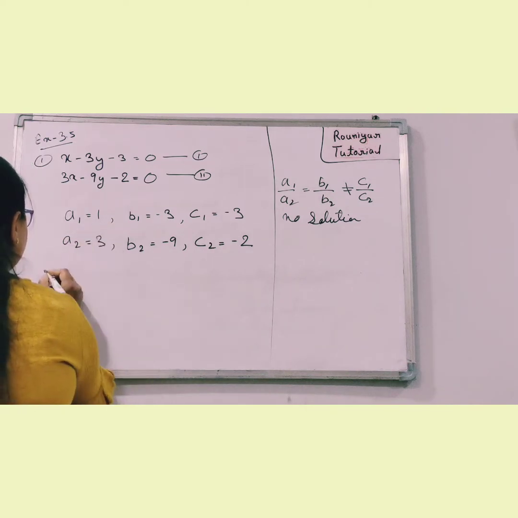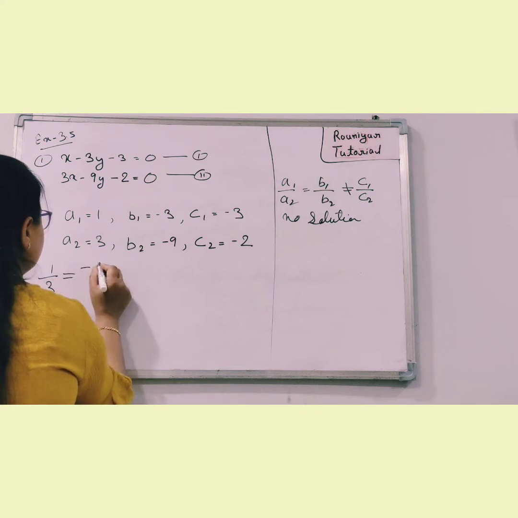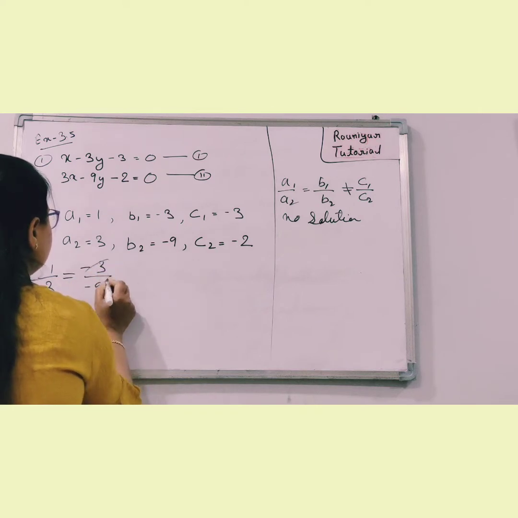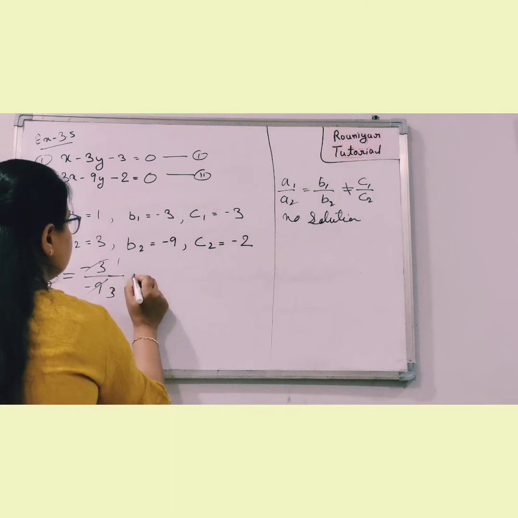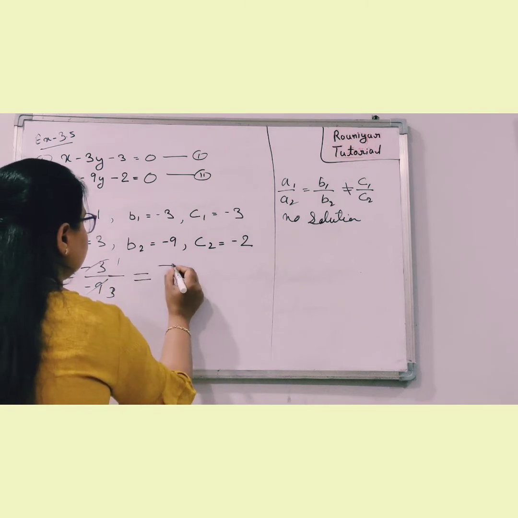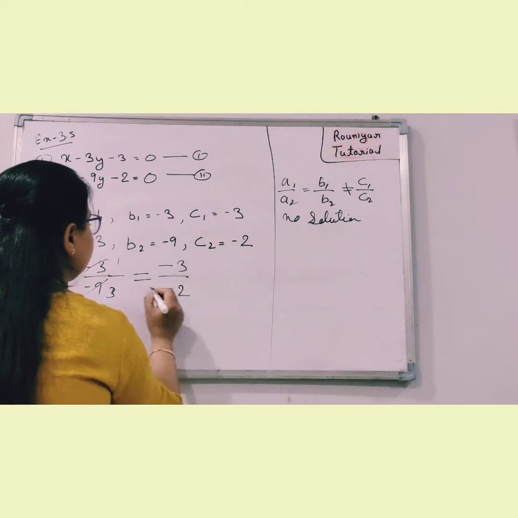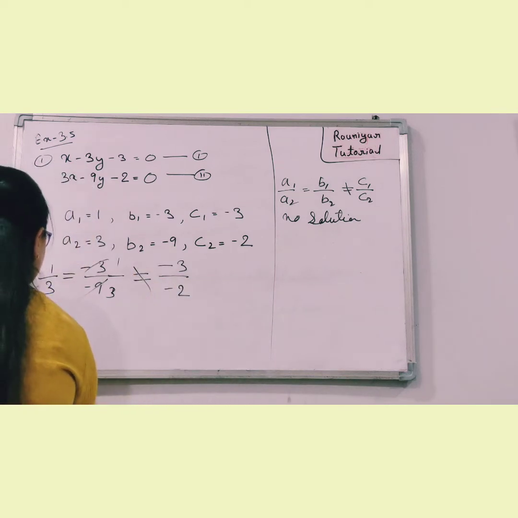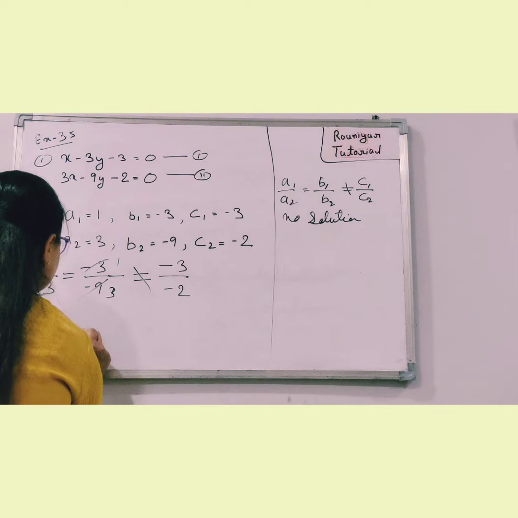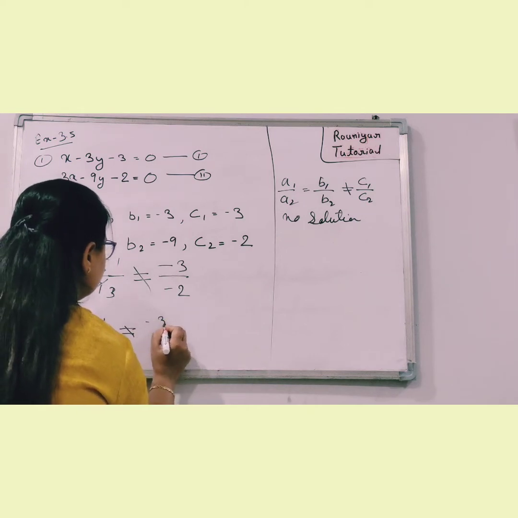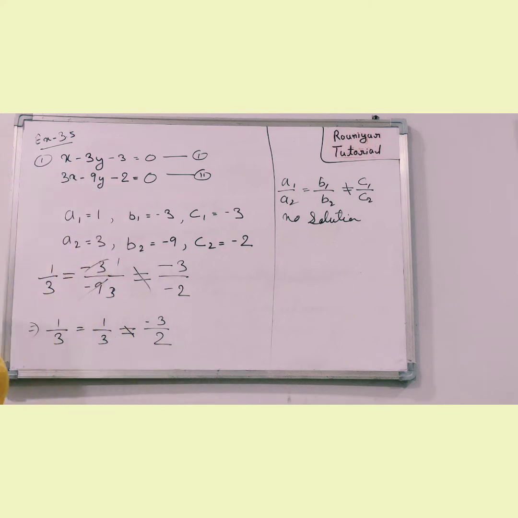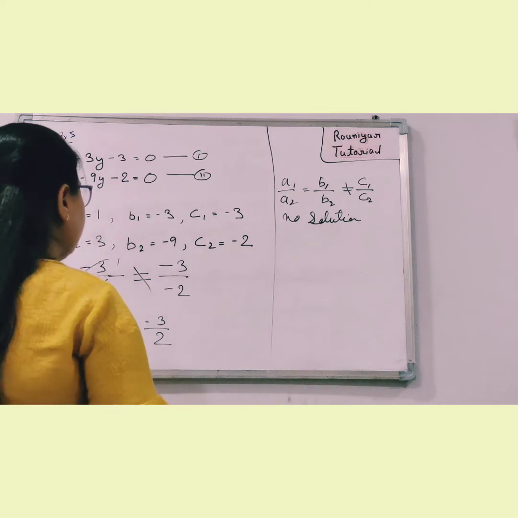तो अभी हम यहाँ पे इसको पुट करके देखते हैं 1 by 3 is equal to -3 by 9, जो इसको सिंपलेस्ट फॉर्म में करेंगे तो ये 1 by 3 आ जाएगा, ठीक है, is equal to -3 by 2 which is not equal. तो अभी in this case 1 by 3 is equal to 1 by 3 is not equal to -3 by 2. So in this case the equation has no solution. Okay,